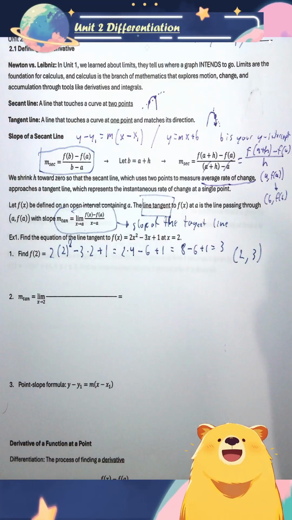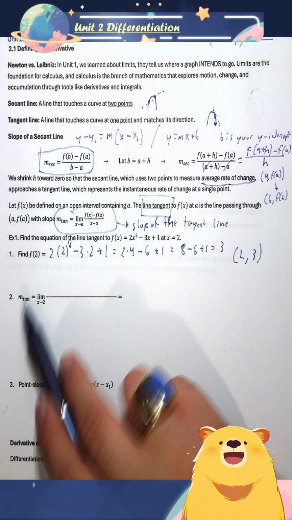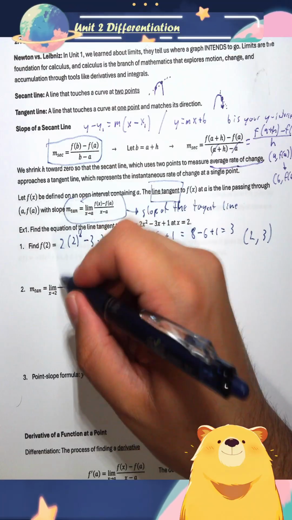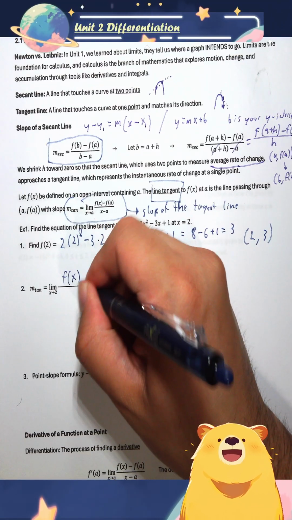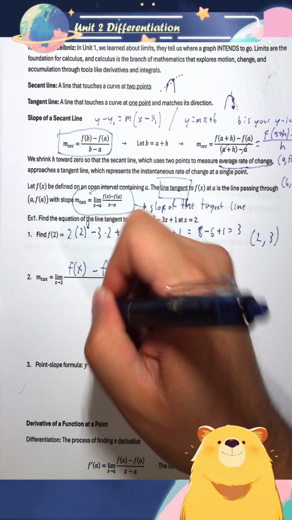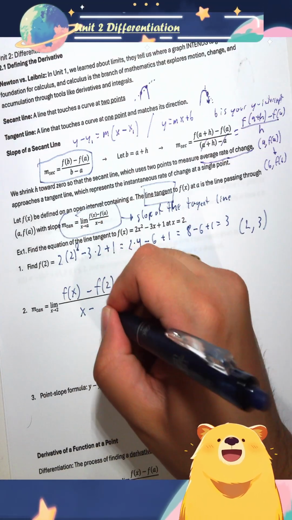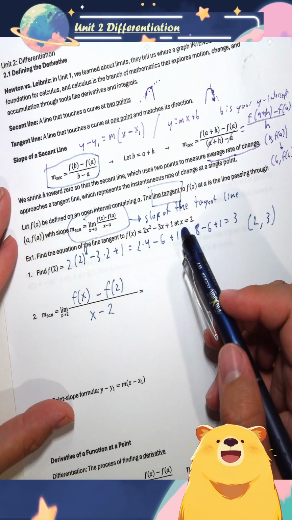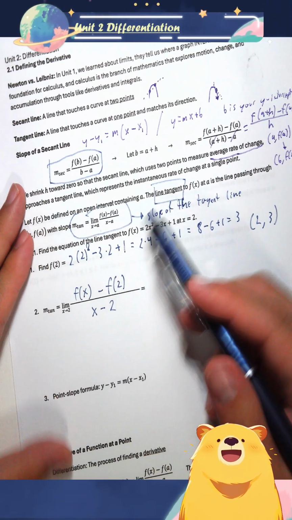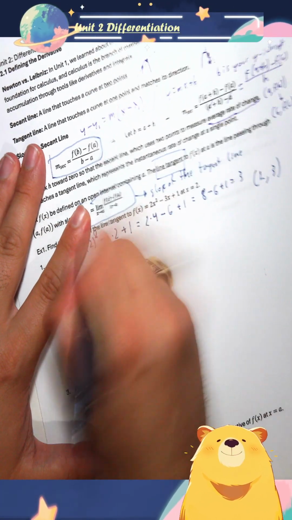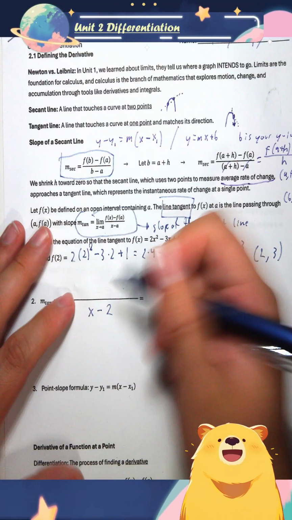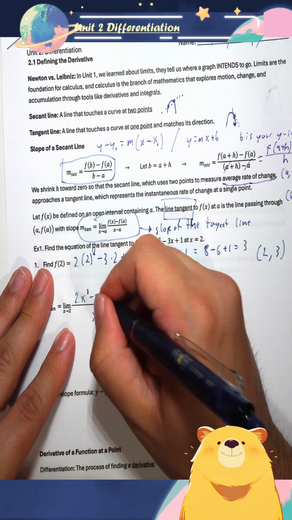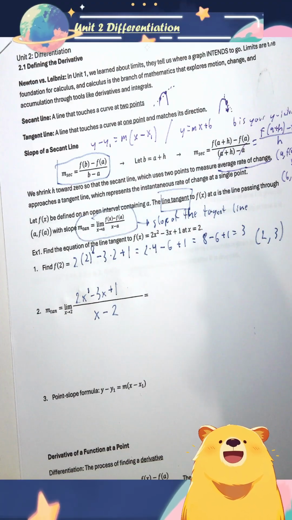So now we need to find the slope. So the slope is defined here, but specifically we're saying a to be 2. So I'm just going to rewrite it for now. We have f of x minus f of 2 over x minus 2. Now, we already know what f of x is. It's defined for us here in this specific problem. And we also already did f of 2. So technically, we can just plug it in here. So 2x squared minus 3x plus 1. And this was for